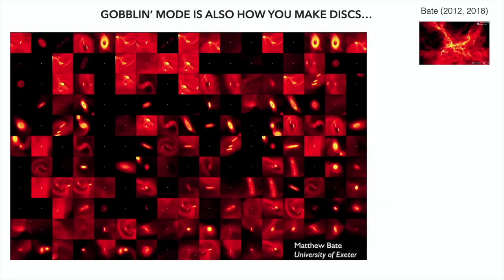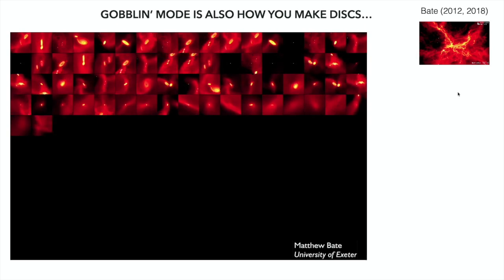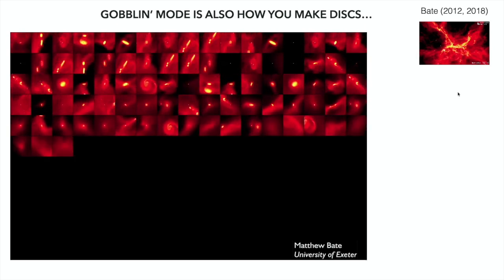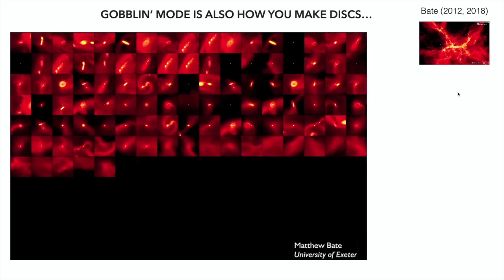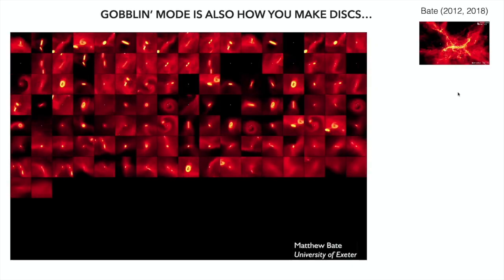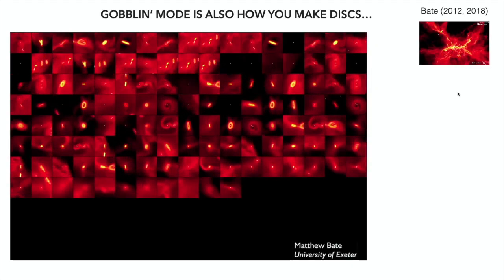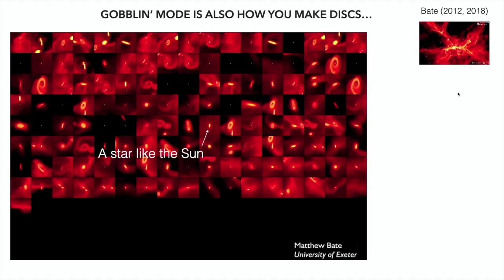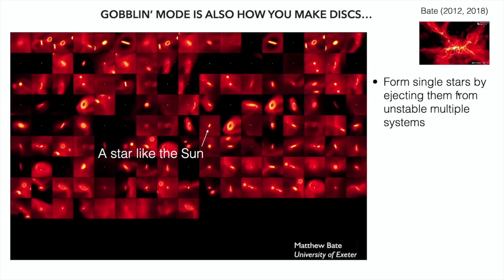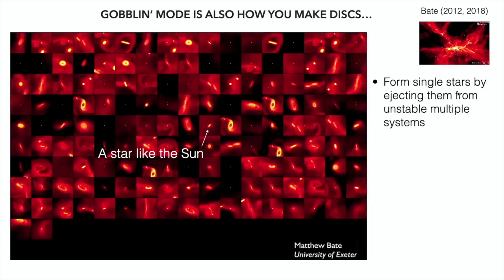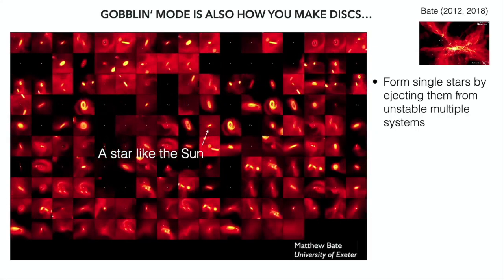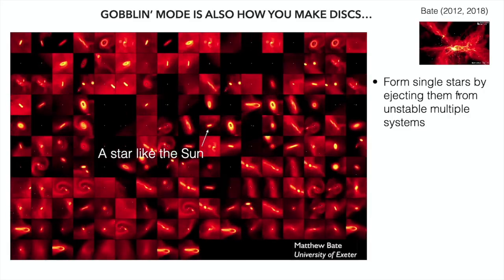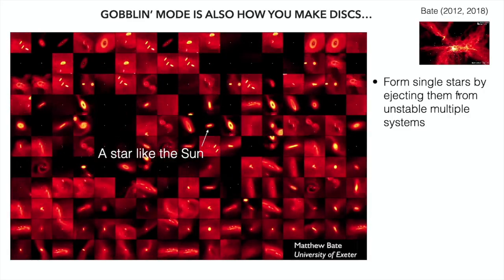All right, so also, this is how we think disks are made in the first place. So if you take a simulation of star cluster formation and you say, let's look at how you make all the protostellar disks, of course, the whole game in the first mega year is this kind of violence where you're making a cluster of stars, they're interacting, you're reforming the disk multiple times, and you're decaying from this random collection of stars into some kind of stable arrangement of stars.